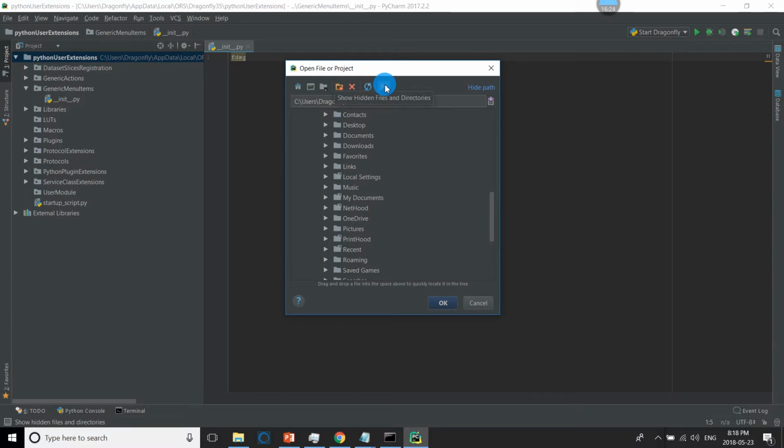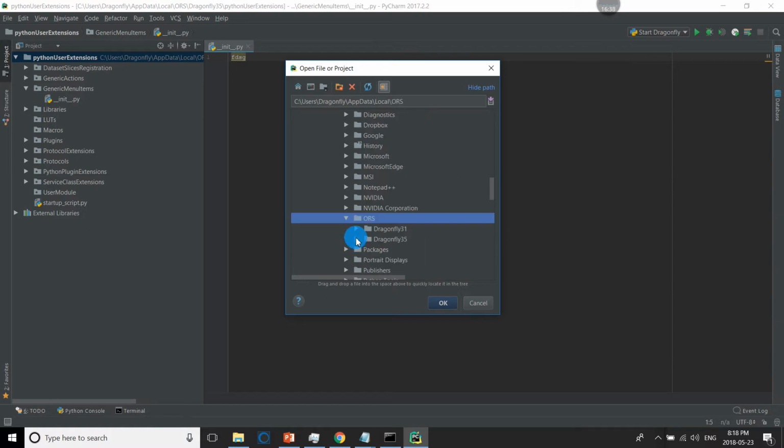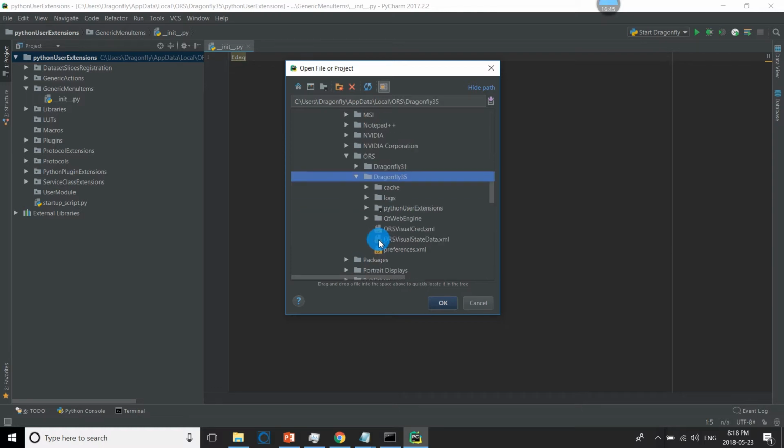So my username is called Dragonfly. Okay, and then before you press this button up here, the last one, this will show you hidden folders. So press that to show hidden folders.